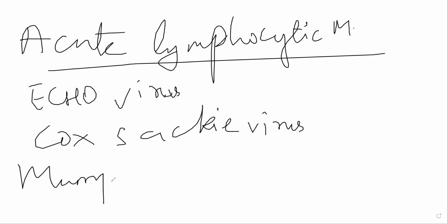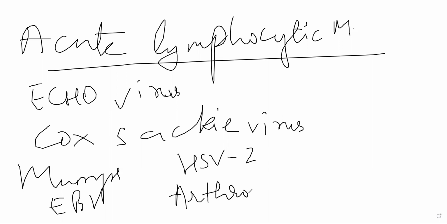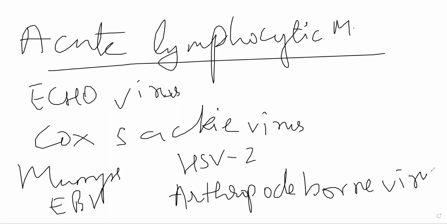Mumps. It can be due to EBV, Epstein-Barr virus. It can be because of HSV2, herpes simplex virus, the second type. Sometimes it can also be arthropod-borne virus. Arthropod-borne viruses are essentially arboviruses. So the ones that come from mosquitoes, for example Zika, chikungunya, dengue, yellow fever, all of them are arthropod-borne